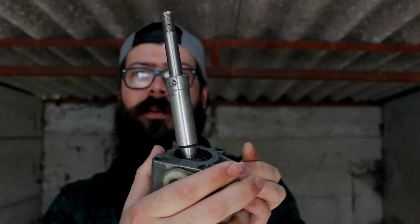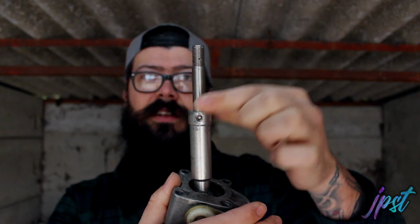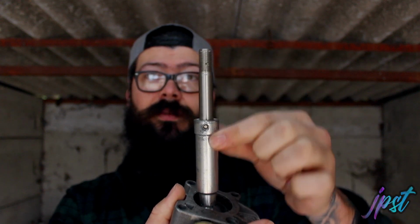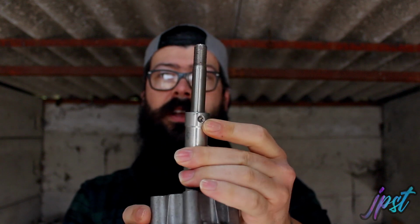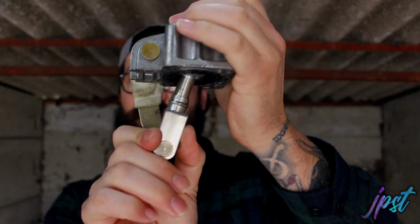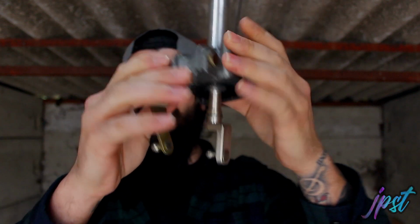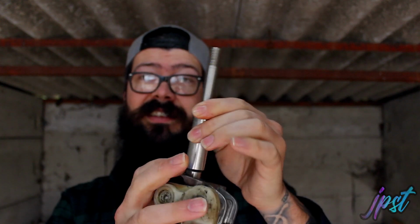So this is what I picked up from Brett. As you can see, it's got a collar, which is that shaft, and then it's got the actual gear stick shaft goes into it. It is held in by 3 grub screws, so you can adjust the height, and it is shorter than on the standard one, so the throw would be shorter. I've been really excited to get this in the car, so that's that. But